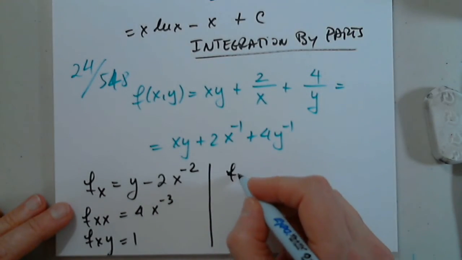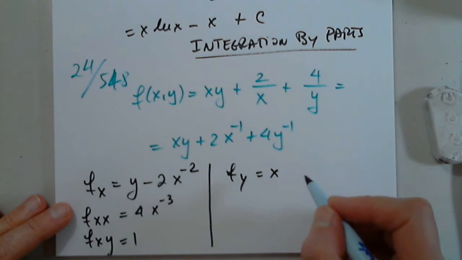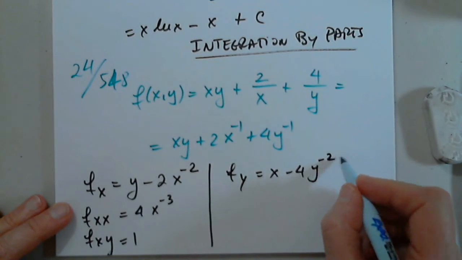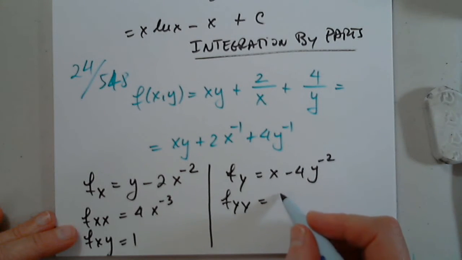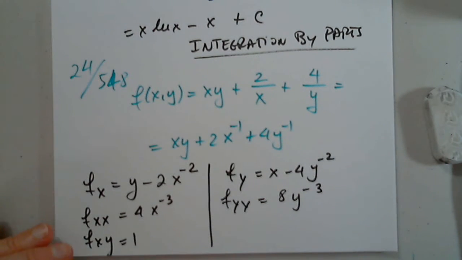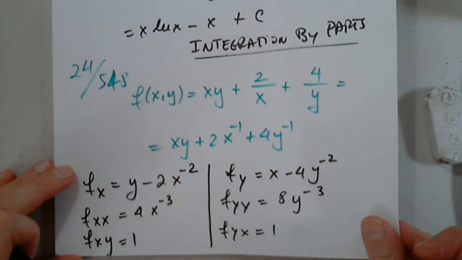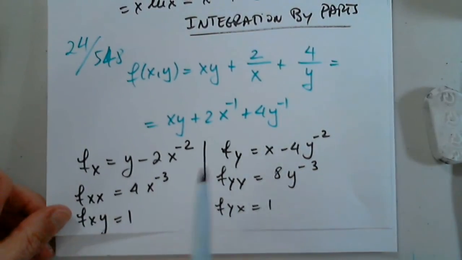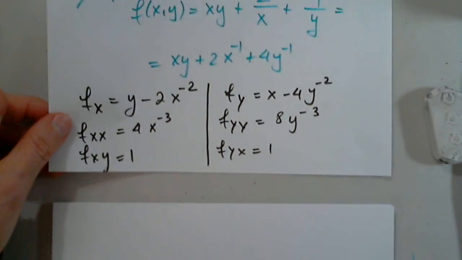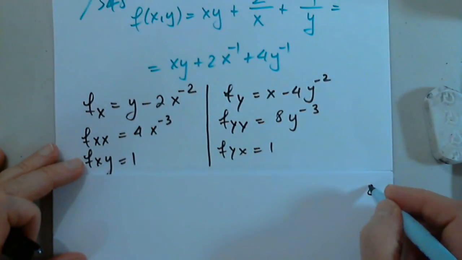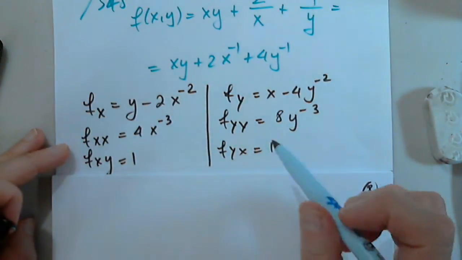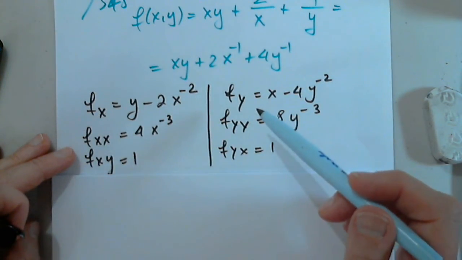Okay, let's see fy. I have x minus 4y to negative 2. Fyy will be 8y to negative 3. And fyx has to be 1. Okay. Now let's see what I get when I create the system. Because as you know, the next step. Some of you stopped and just determined. So this is a very good point you're making here. Some of you on the homework and also on the test